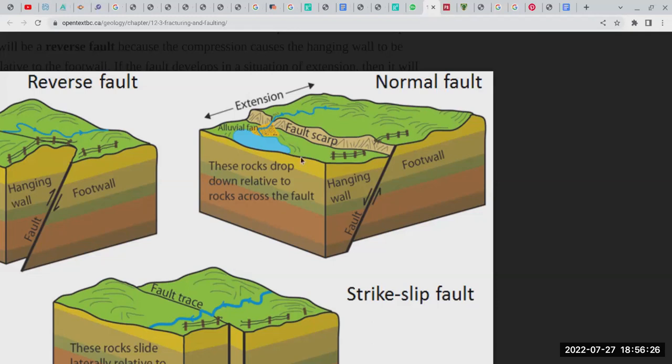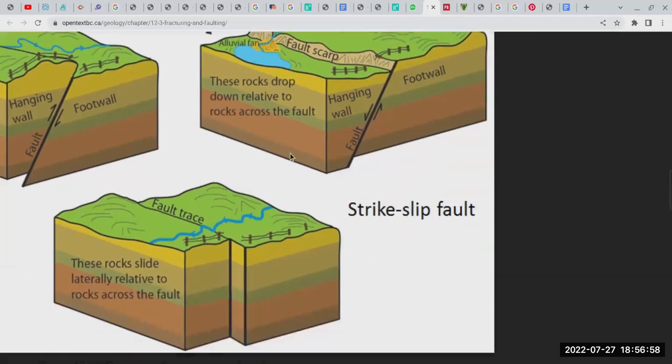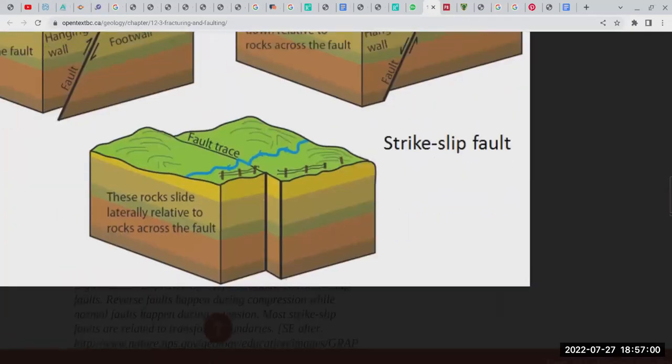The normal fault is where, and this says the fault scarp, this piece is going to fall downwards. So the rocks drop relative to the rocks across the fault. So when you have the rocks falling from this side and the hanging wall is going down and the foot wall is going up, you're going to have a normal fault. All right, normal fault. As opposed to this one here,